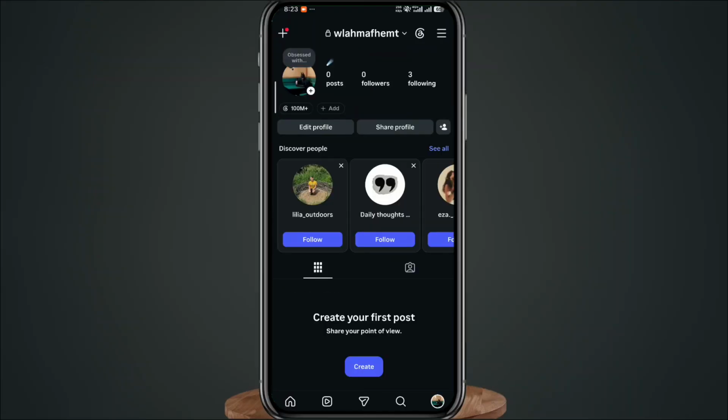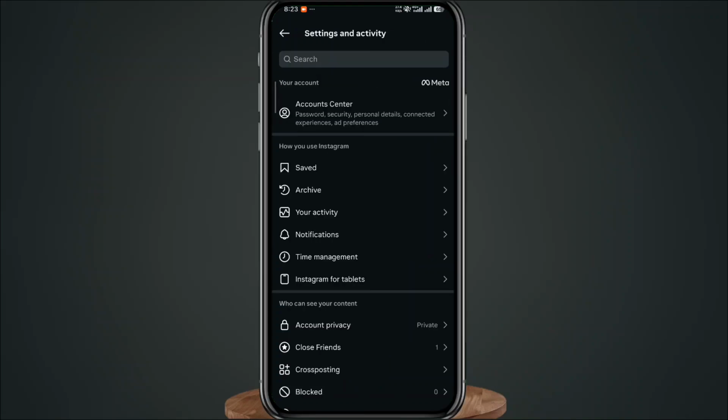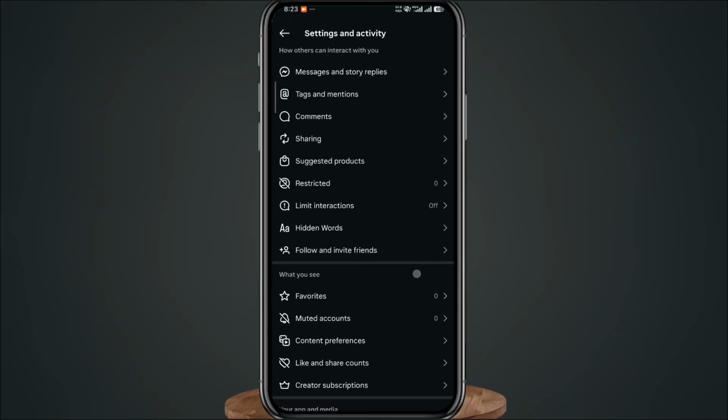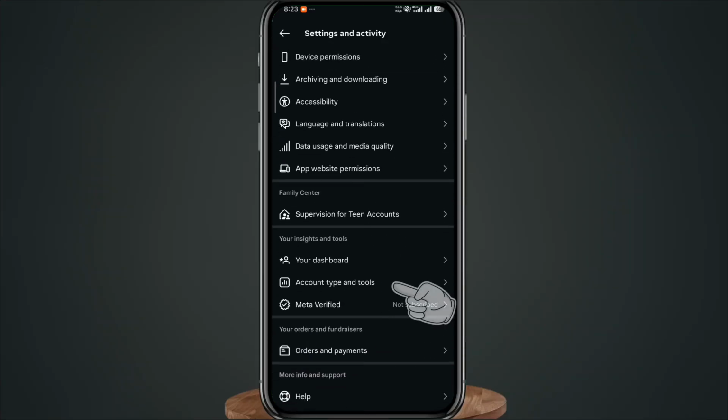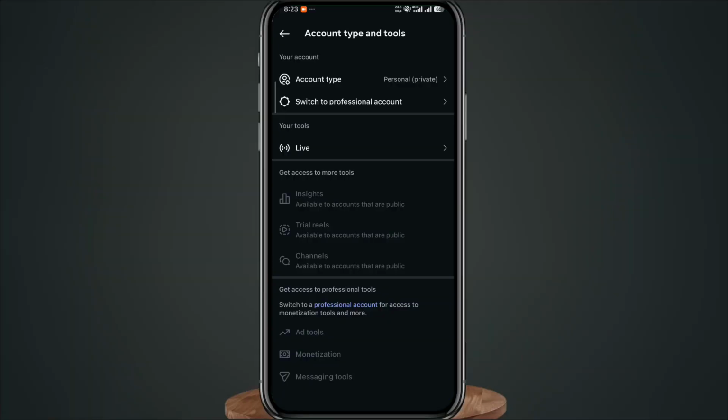From here, tap on the three lines in the top right corner. This takes you to settings. Now from settings, we need to scroll down until you find an option that says account type and tools. Tap on it. As you can see, I don't have a professional account in order for me to switch back